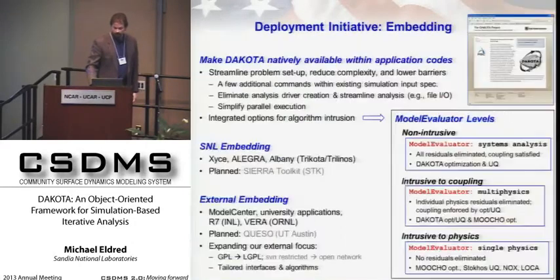And the final case is a more advanced case, but one that's potentially of interest to this community. If you guys are in the business of developing kind of integrated modeling and simulation frameworks, as I think I'm hearing is the case, then you may be interested in embedding these algorithms as a service within this larger framework. Okay? You can do that as well. We have a number of codes, both internal to Sandia and external, that have been doing this. The big advantage, as you might guess, is that you can unify the input and output syntax. You can eliminate some of